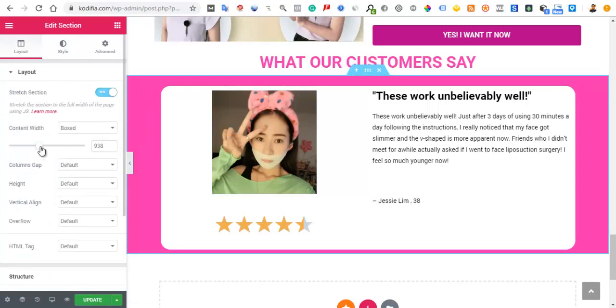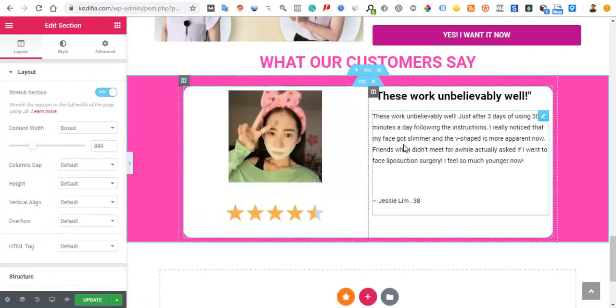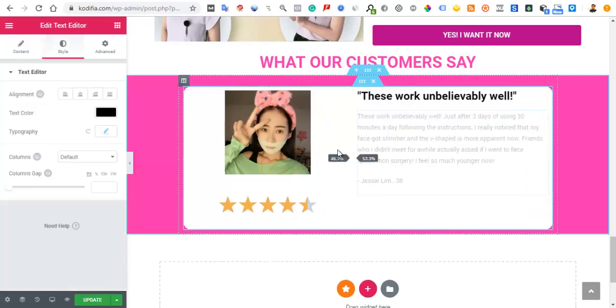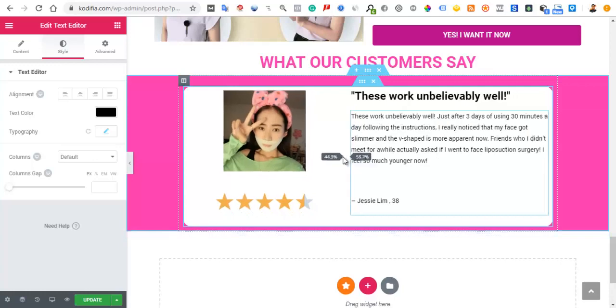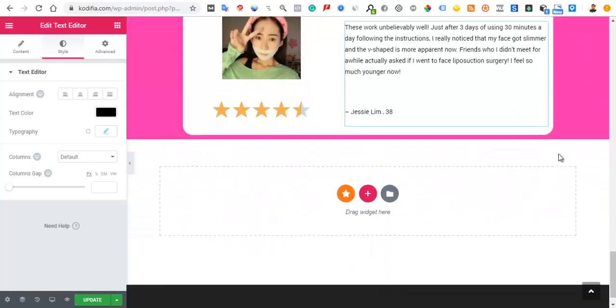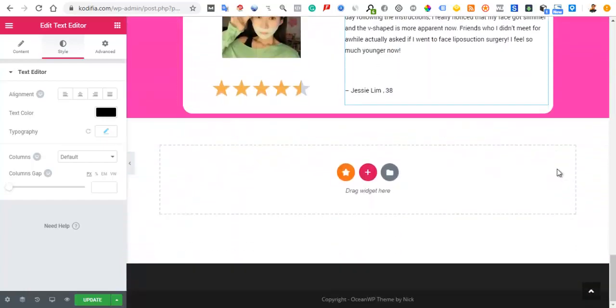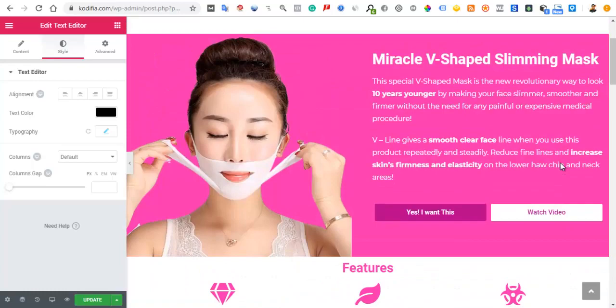I want to reduce this and see how it looks. Okay, all right, this looks great. This looks great. So from here now,